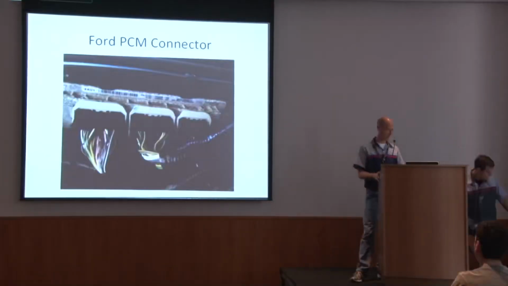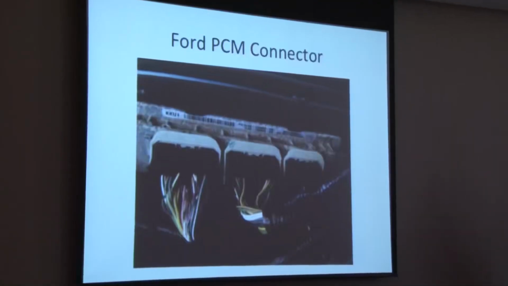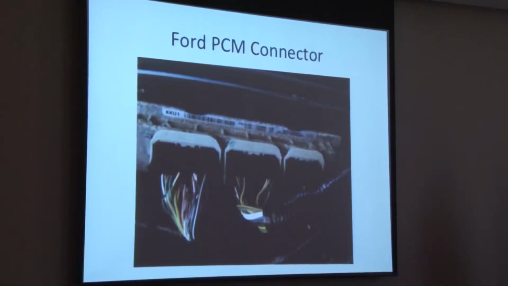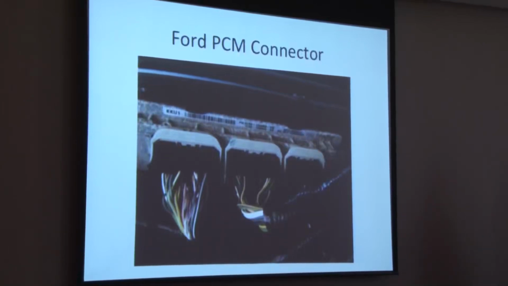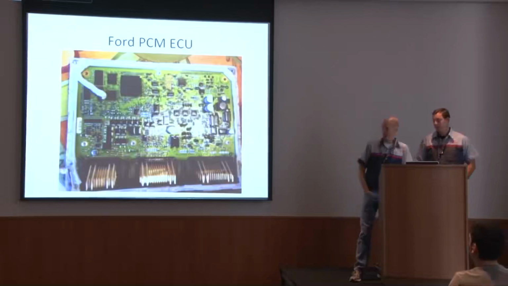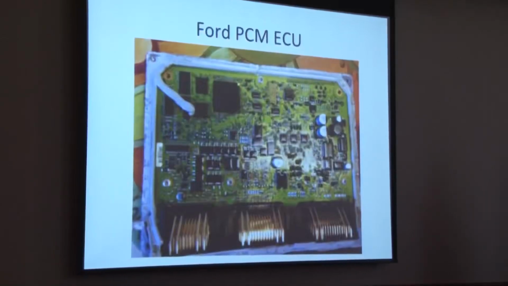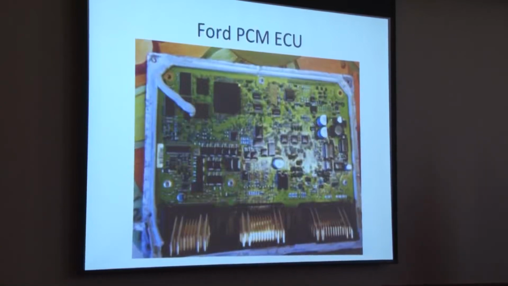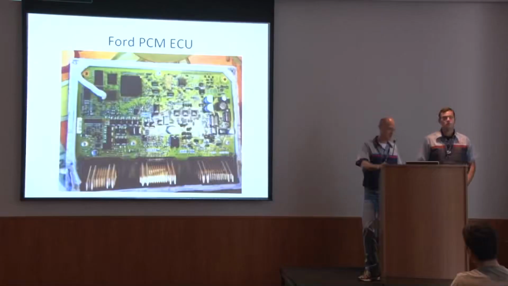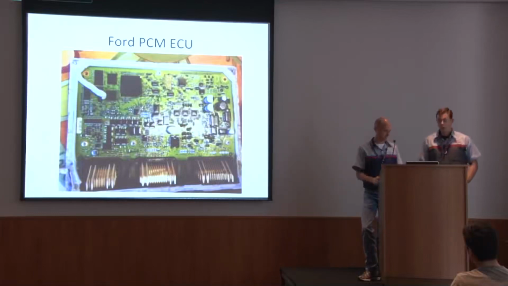Yeah, so if you want to see what one of these ECUs looks like, this is the powertrain control module for the Ford, basically the one that controls the engine. And so this is what it looks like under the hood. It's just like a ton of wires that go into it. If you rip it out, it looks like this. So you can see there's a chip and a bunch of memory and a bunch of other stuff. But yeah, it's just an embedded device, basically, that has a bunch of inputs, one of which is the CAN network.